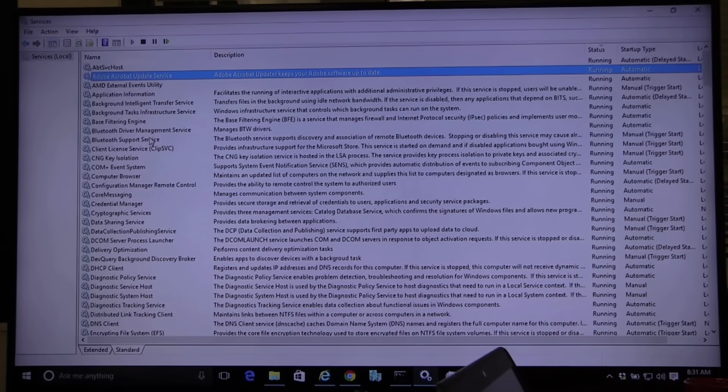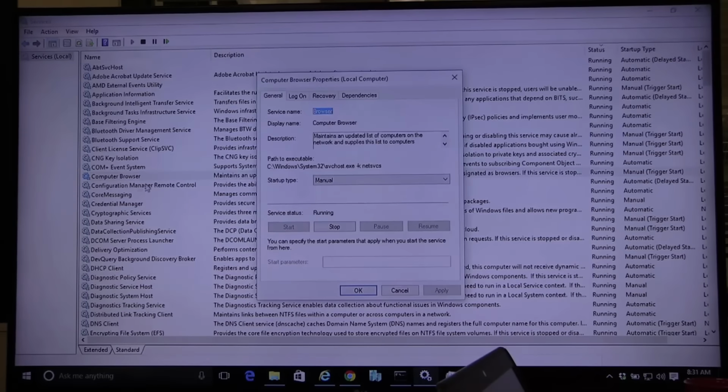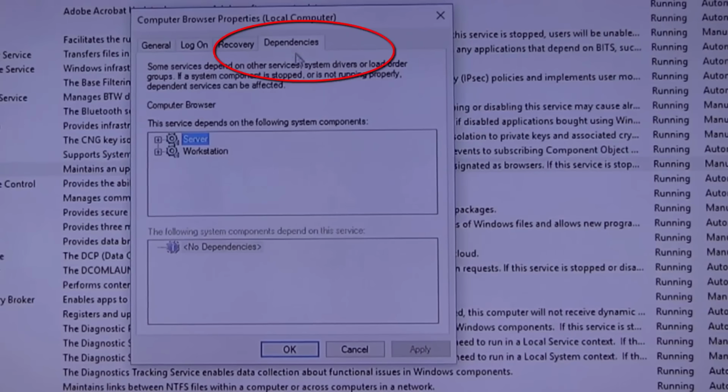One thing that's unusual about services is that they're interdependent. So let's take a look. I'm going to look at this service called Computer Browser, and I'm going to open it up, and I want you to notice this column that says dependency. Everyone see that? Notice what it says. This is very, very interesting. It says that the Computer Browser service depends on the following system components.